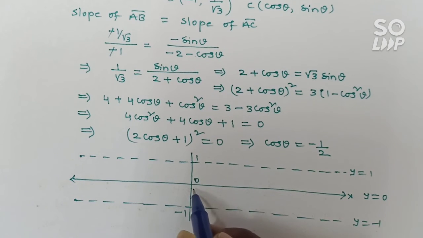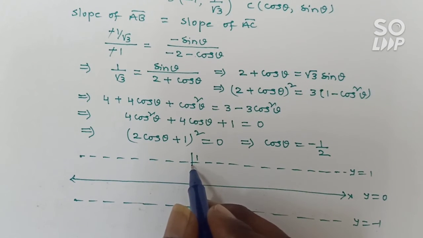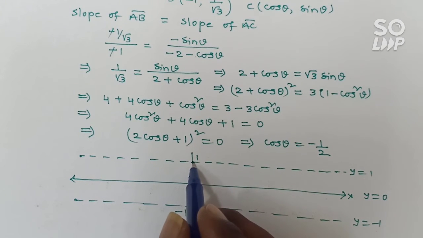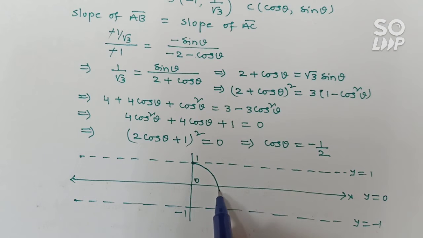Odd multiple of pi by 2. So that means at x is equal to 0, cos 0 is equal to what? 1. The given interval is the closed interval 0 comma 2 pi. So this one is nothing but pi by 2